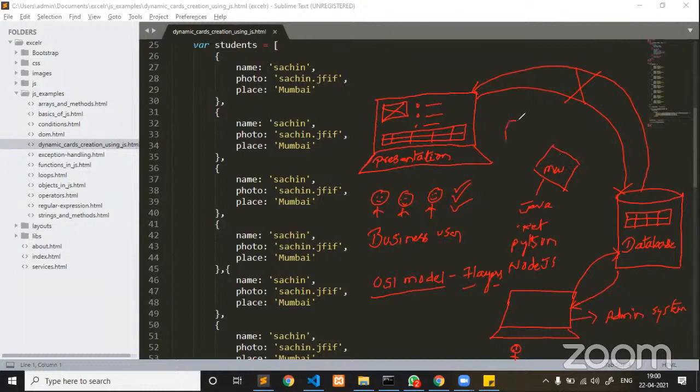The client sends a request to the Ajax layer. Ajax sends a request to the middleware. The middleware sends a request to the database. Similarly, the database layer gives data back to the middleware, the middleware gives data back to the Ajax layer, and Ajax updates the data into the presentation layer. This is where Ajax comes into the picture.